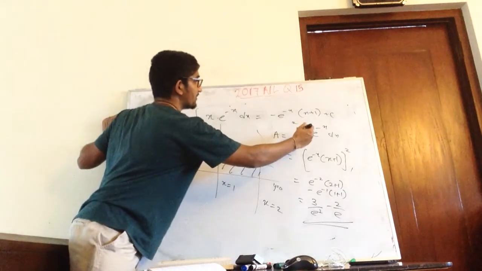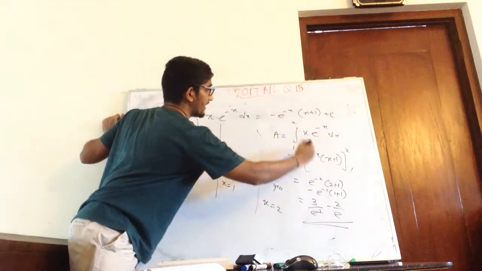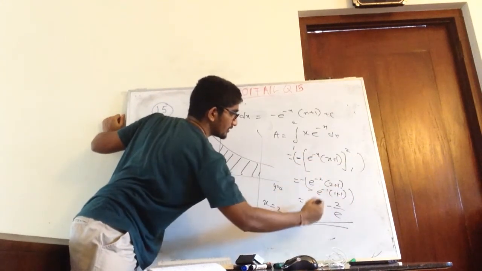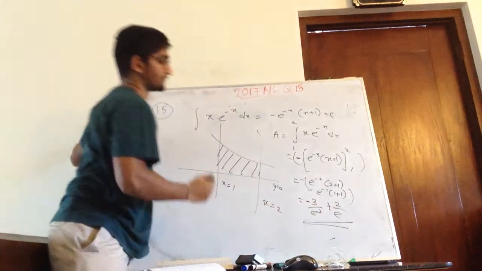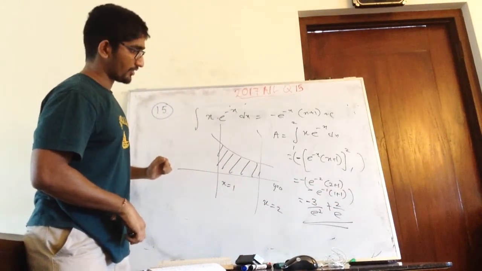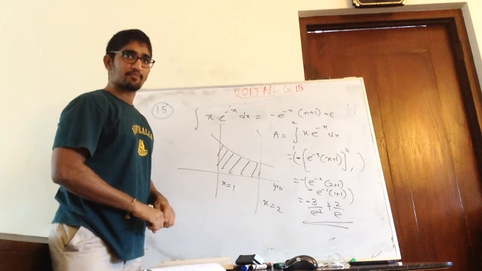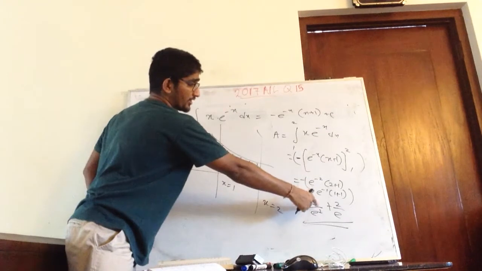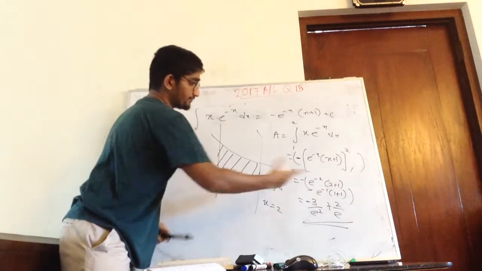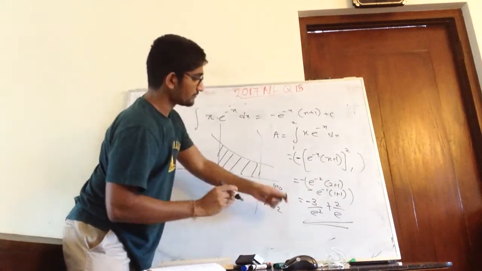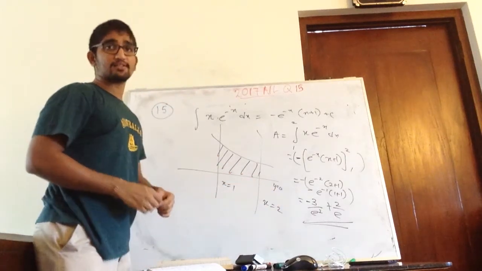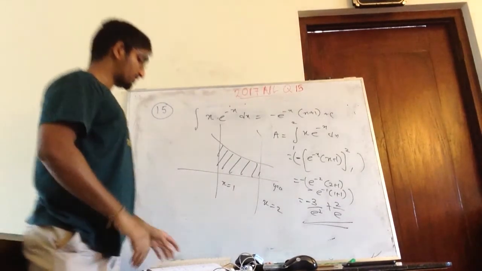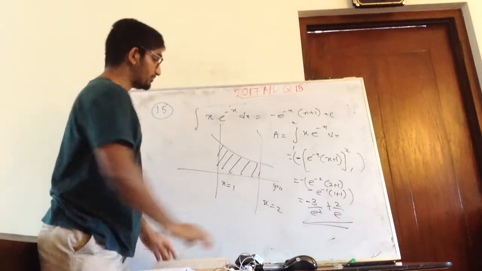No. So there's a minus here, no? So there's a minus here. So then there will be a minus here. So you will get something like this. Yes. So you will get the answer as this, right? Because there's a minus here. I didn't see the minus there, that's why I got this wrong the first time. So this is going to be the answer. Alright, so this part is also done. So we can go to part B.